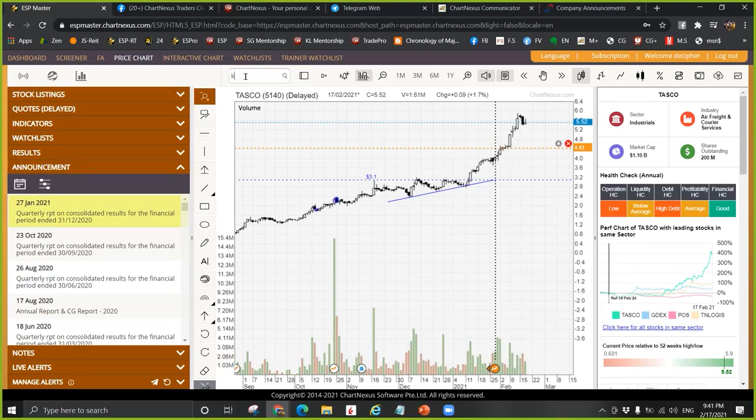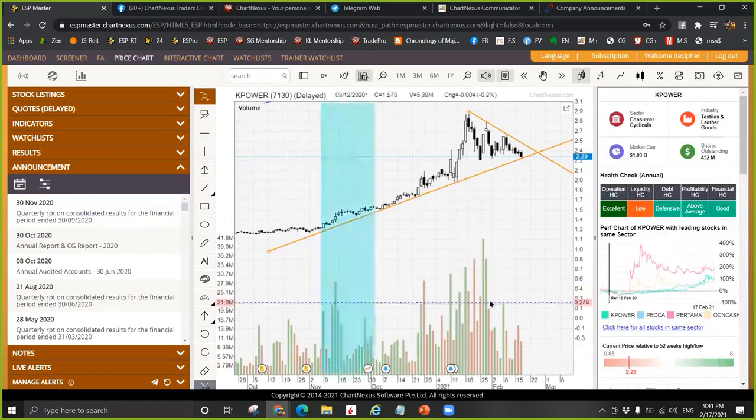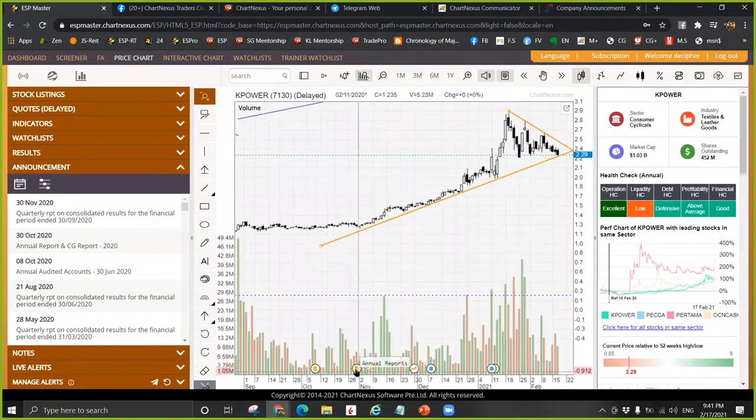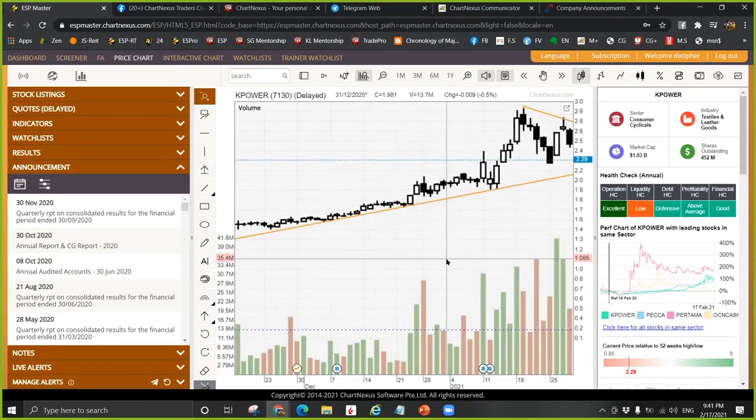And the other one is called KPOWER. KPOWER also got a lot of goodies. Take a look at this. Bonus share 1 for 3, stock split 1 into 4. And I remember they give warrants also. So only these two: stock split 1 into 4, and then a bonus share of 1 for 3. So all these 4 companies are rewarding shareholders with more shares, free shares, and also free warrants,